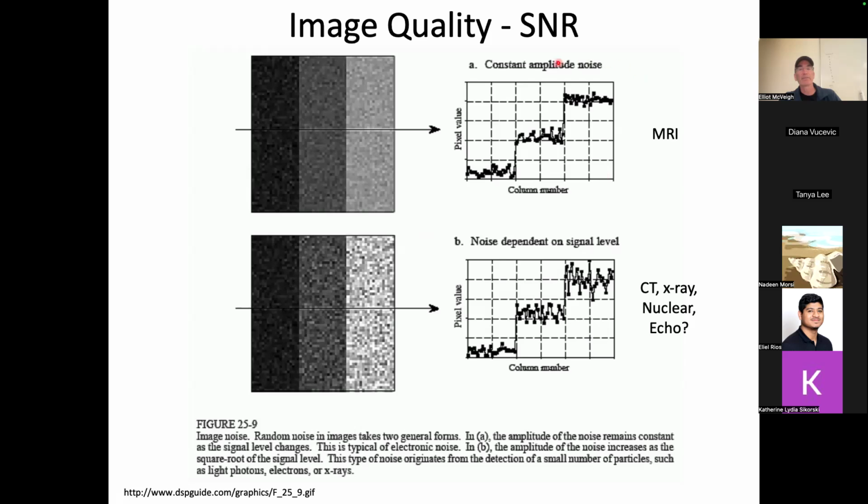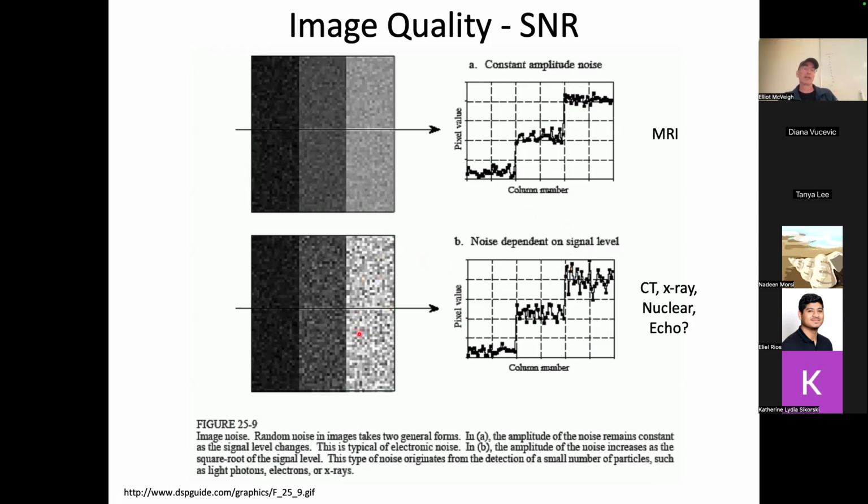And in MRI, although multi-coil MRI gets a little complicated in terms of the noise model, without taking that into consideration, if I look at a signal level of, say, 1, 10, 20, something like that, the noise level on each one of those is the same in MRI. Okay. In CT, as the signal gets brighter, the noise level itself also gets higher. Okay. And the reason for that is that